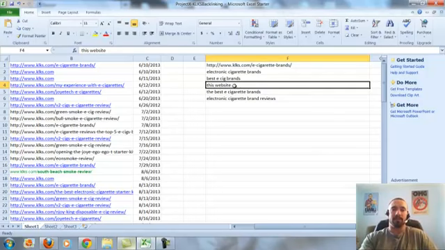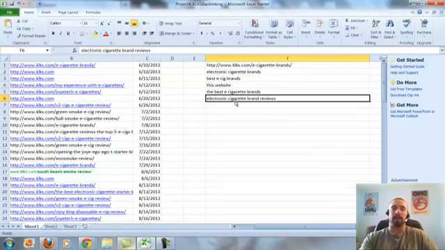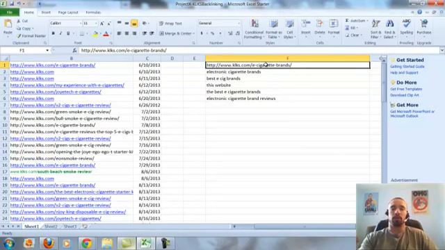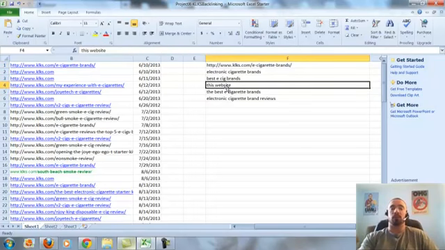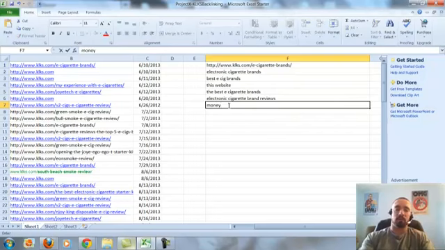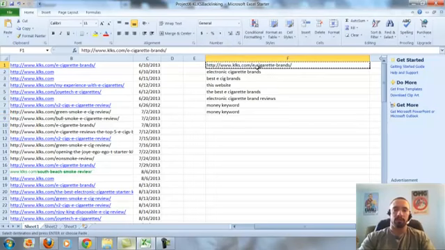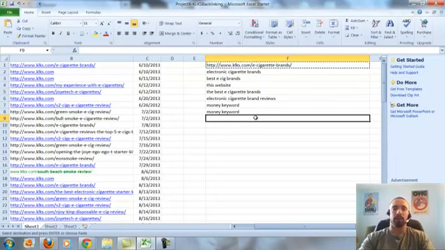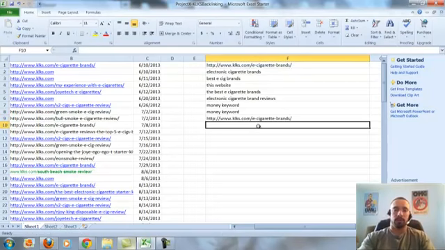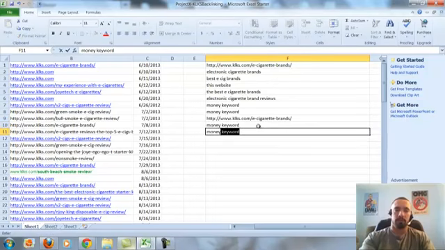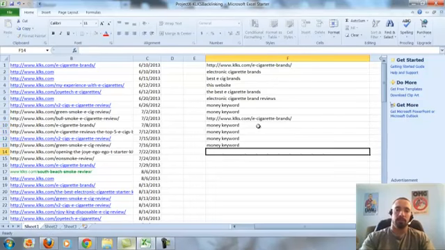You probably could skip this and be fine because we're still switching up the anchor text. But if you want to add that extra layer of safety, work in URL links, and if you want stuff like this every once in a while. Okay, so now I'd probably do money keyword again if you want to be safe. Money keyword, and then maybe I'll work in a URL link again. Okay, this would be the safe way of doing it. Alright, and then back to money, money, money, money, money.